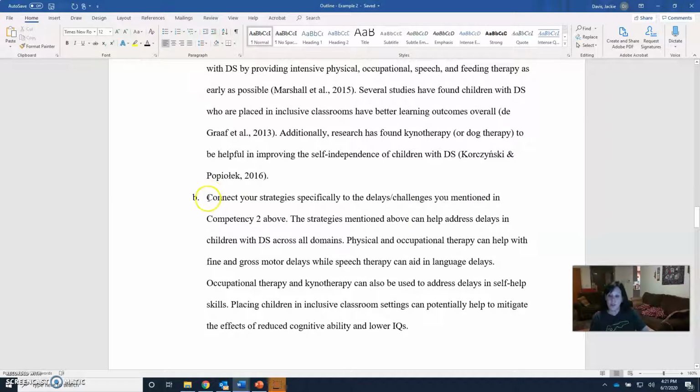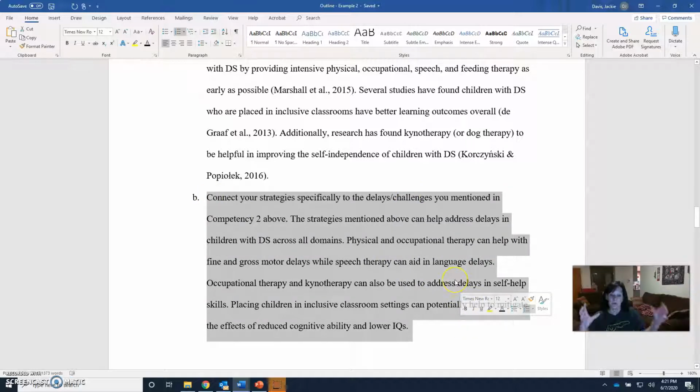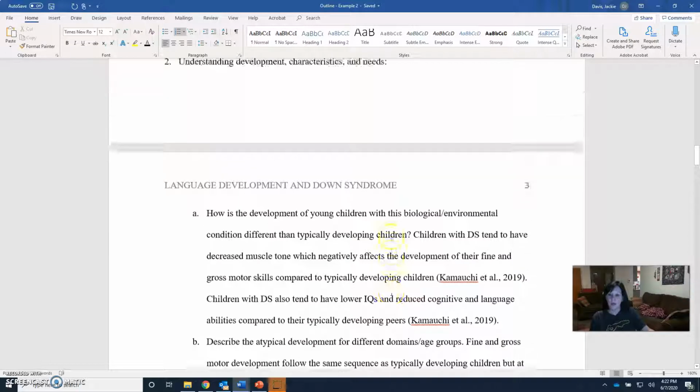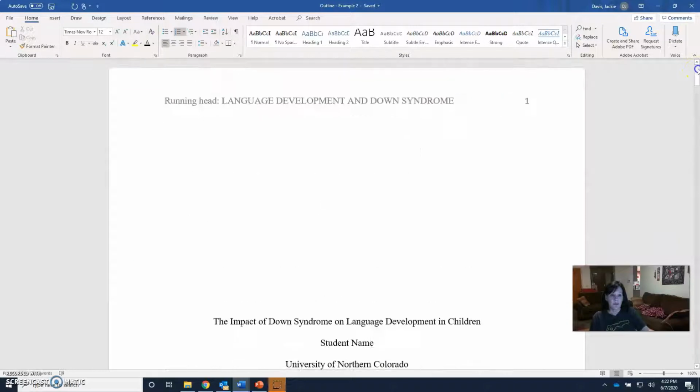One thing that I did want to mention is that in this particular outline you can see that this last subsection of the fourth main section does not have any in-text citations in it. So that would be something that you might lose a point for on your outline. So be sure to look very closely, because at this point you should not just be throwing your ideas down. You should be actually looking at some of the sources that you are identifying for using in your paper. So those are just a couple of examples for you to